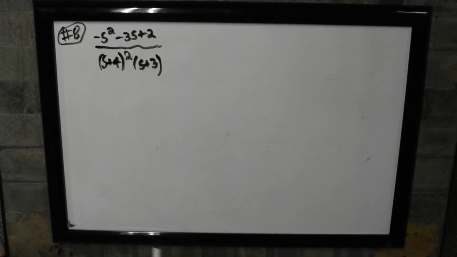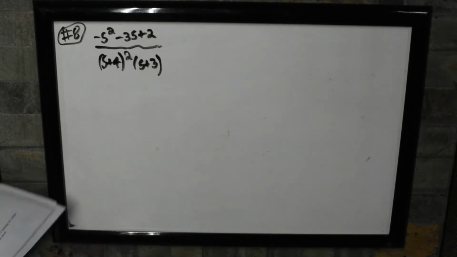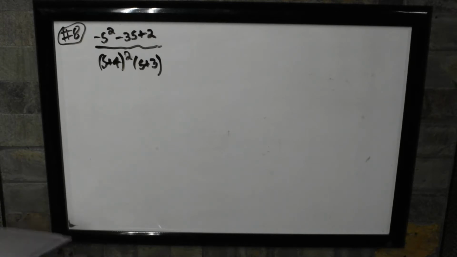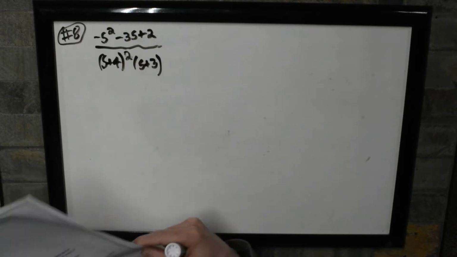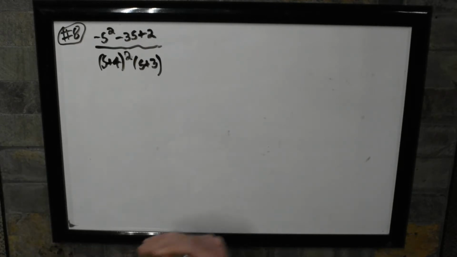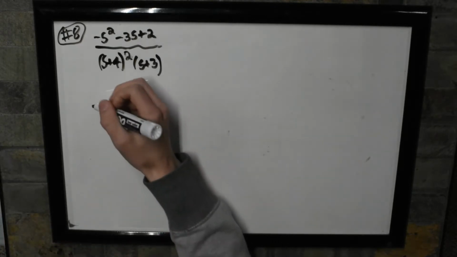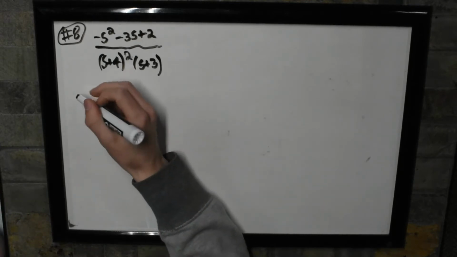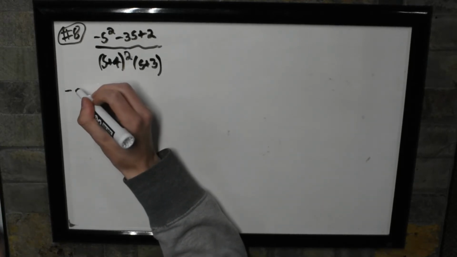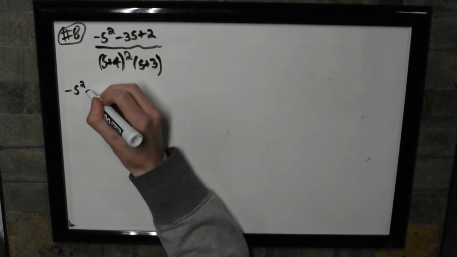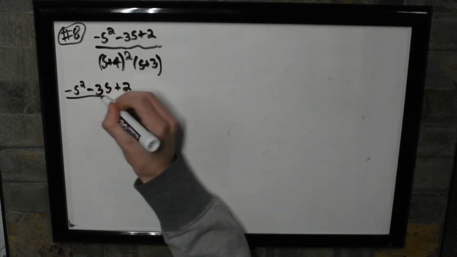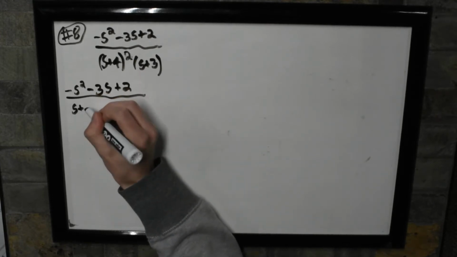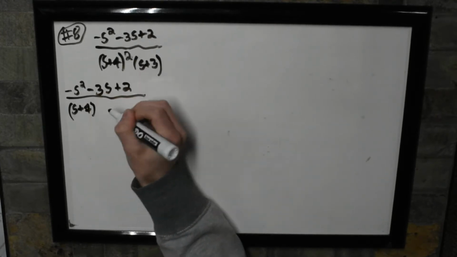Most of the time we're going to be using properties and other manipulative methods to reduce these into formulas as seen in the chart in section 7.2. But obviously we cannot do that with the given information. So we're going to actually have to do a partial fraction. So we're going to have negative s squared minus 3s plus 2 over s plus 4 squared